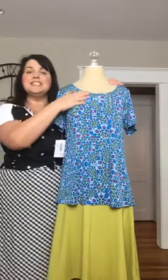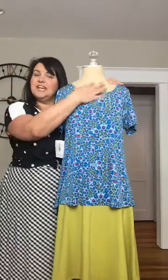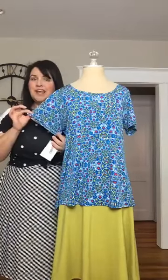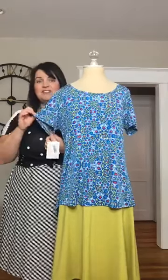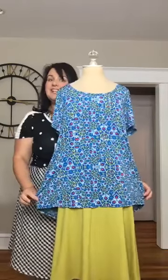It's also really nice, especially if you're wearing some kind of statement jewelry. If you're wearing a statement necklace, you'll be able to see it really well if it's not a long chain, which is kind of cool. It has a nice full sleeve, very comfortable sleeve, which a lot of people like. Our Irma is more slimmer, so oftentimes the perfect tee is a really nice fit. You can see here, when I pull this out, I'm going to pull the seam, you will see that it kind of has a slight flare. It's not a large flare, but it's enough fullness in here that it isn't too tight around the